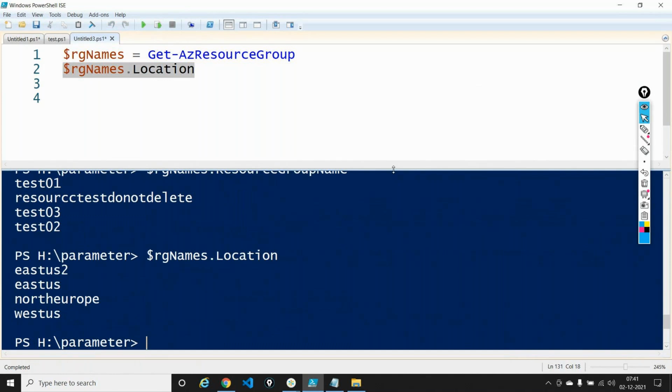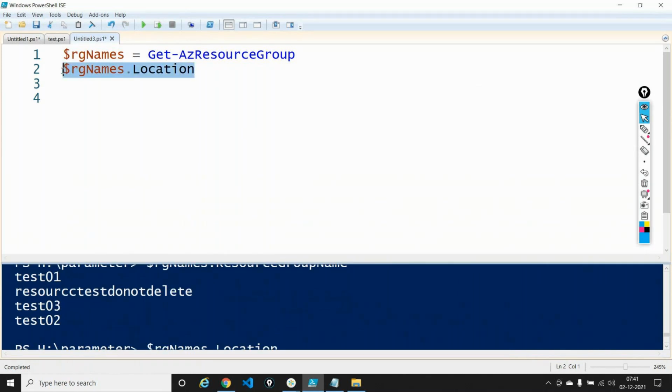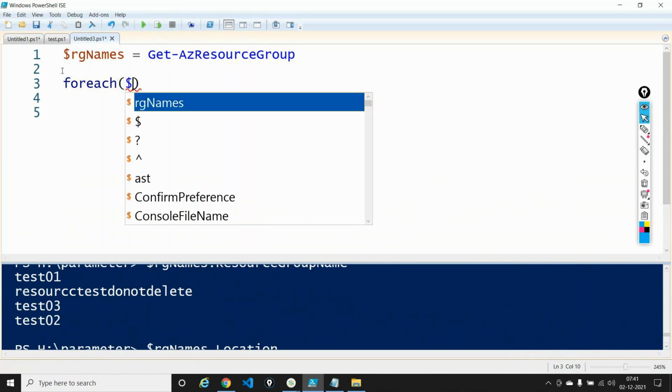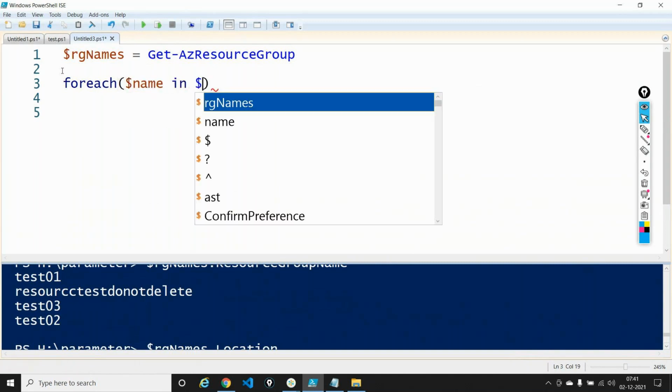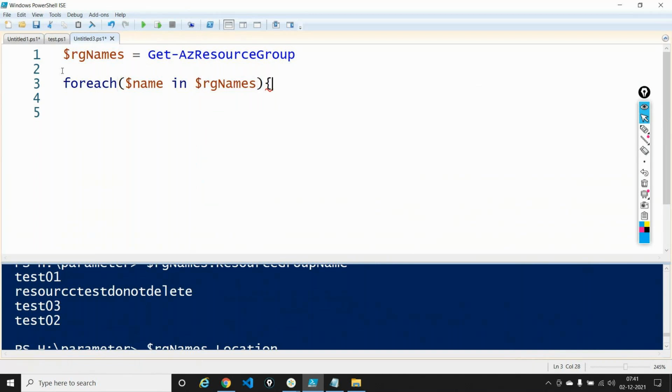So since this property is returning everything out here, I will say RG names is an array of resource groups. I will say foreach, because it's an array, I want to iterate over each and everything. I'm saying foreach $name in $RGnames, opening up a loop out here, and inside foreach, I only want to filter the names that start with test. I will say if